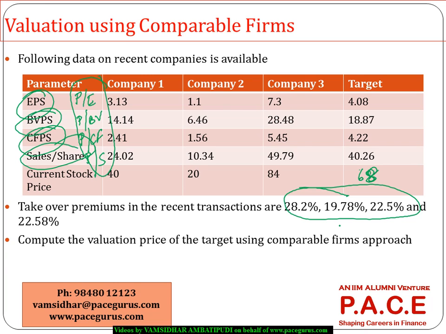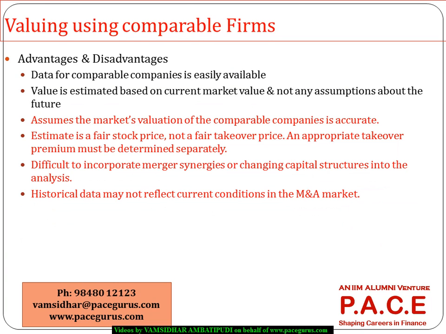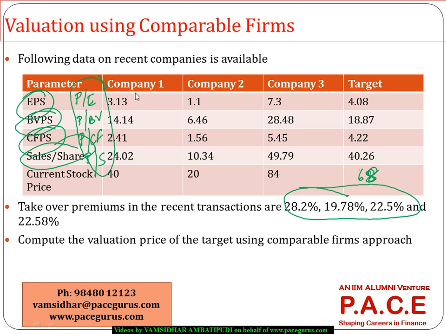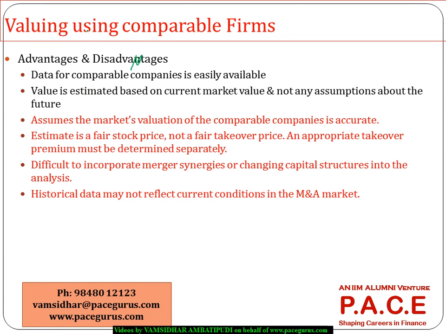Alright. Then let's see some of the key things to be looked at in this. When I am using a comparable firm analysis, whatever we have focused on, the EPS, book value per share, all these kinds of numbers are easily available for all the comparable companies. Once I have decided which companies I will take as comparable companies, all these calculations of EPS, BVPS are directly available. So accessing the data is not a big issue at all.